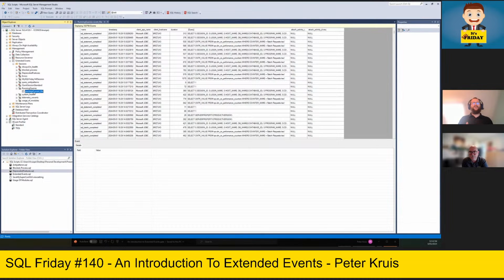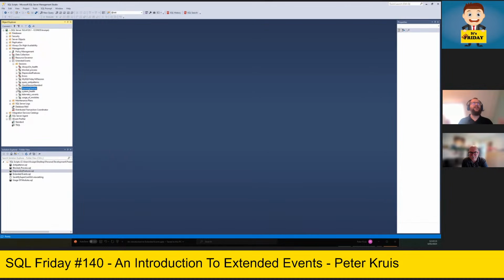Be aware that if your event file has millions and millions of rows, SQL Management Studio is still 32-bit. DBA tools might be a better way to filter and search for your data at that moment. Still playing with SQL Management Studio 21, but I have doubts. Okay, for now, we have a quarter of an hour left.